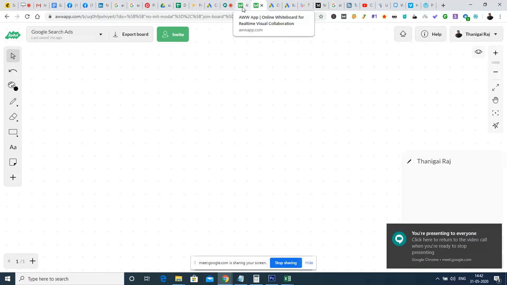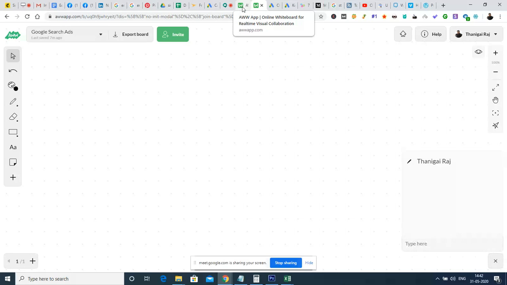Okay, so right now, what we are going to see is about Google search advertisement: how to create a Google search advertisement. Along with this, we will be seeing some live FB advertisements and Google advertisements that are already there. We will use them for a case study of how the cost per lead will be in Facebook and in Google, and what other facilities are there in the Google platform. So all those elements will be covered in this session.